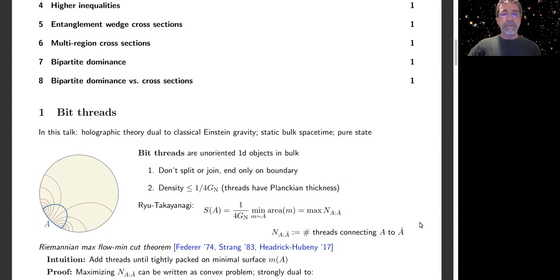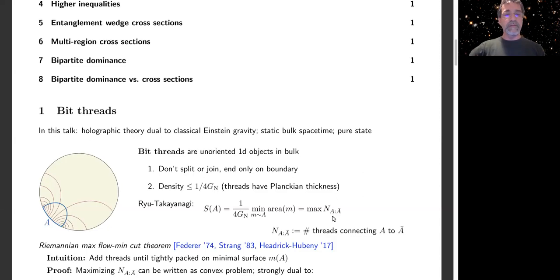basically, it's in 3 steps. So the first step is to rewrite this problem of maximizing the number of threads as a convex problem. So you write it in terms of some vector field, and then it's maximizing a convex functional over a convex set. And that's a magical category of optimization problems. There's a huge amount of things you can prove about them. And one of the things you can prove about them is this strong duality relation, where you rewrite it as a